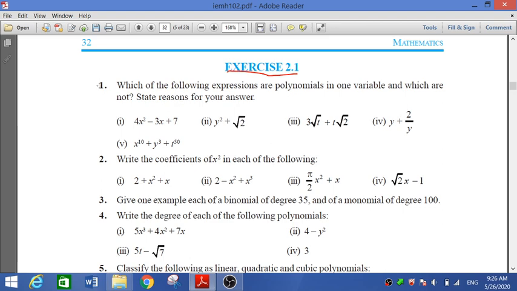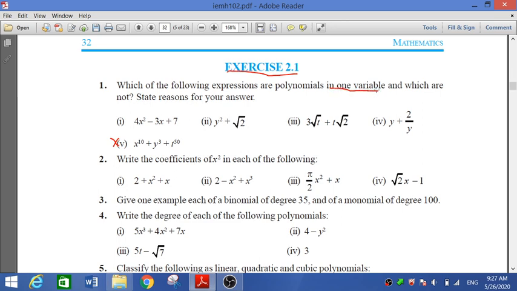So now first question, which of the following expressions are polynomials in one variable? Now already we have discussed that here we are discussing one variable. Now if you will see, here it is one variable, here one variable, here one variable, here 1, 2 and 3. So it is not a polynomial with one variable. It is a fact. So out of 5 questions we have removed this. Why? Because we are discussing for only one variable.